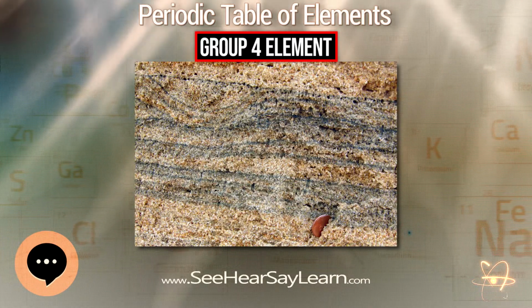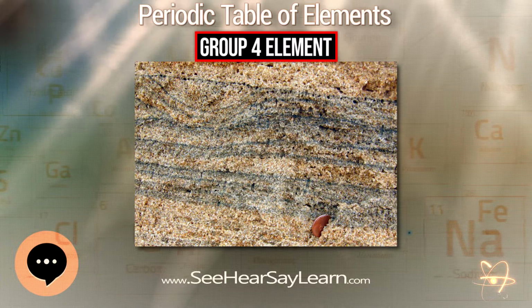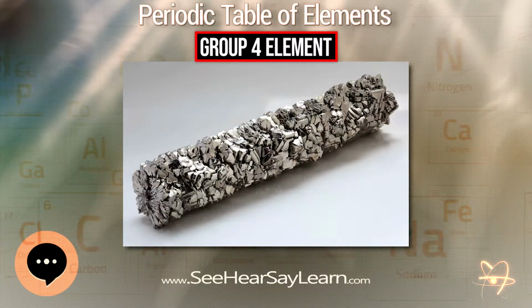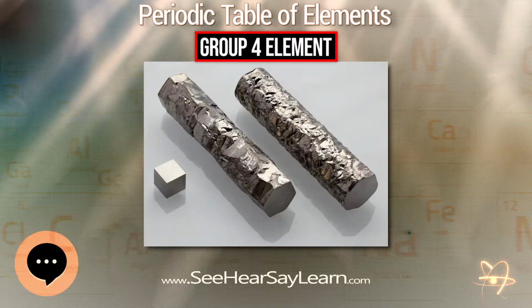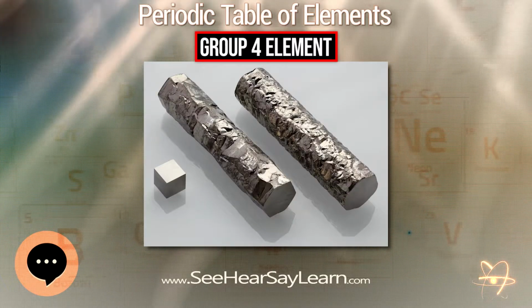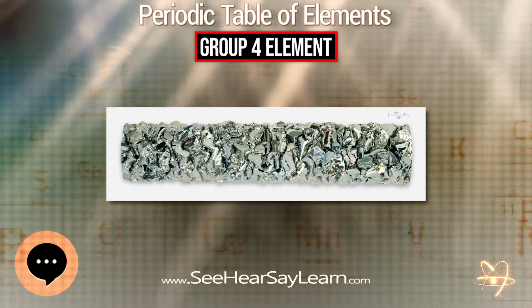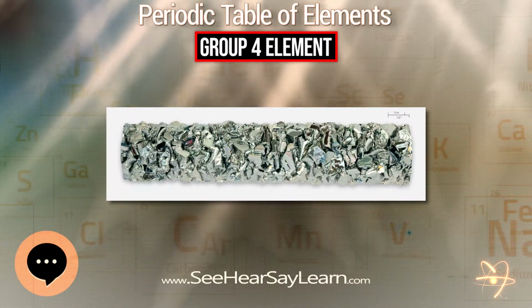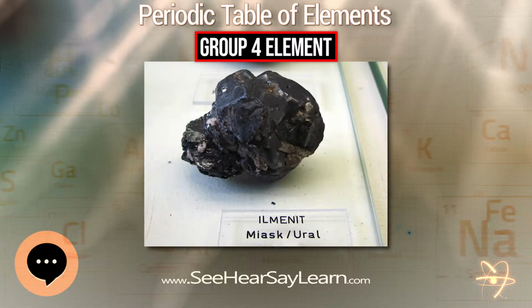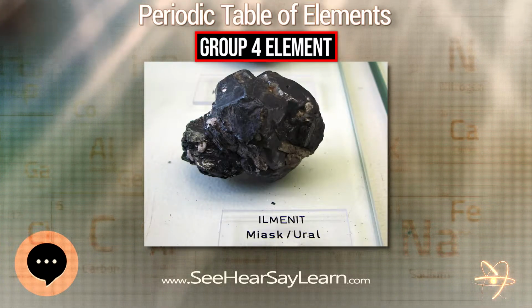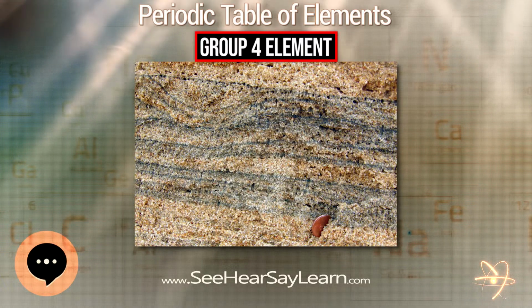The three Group 4 elements that occur naturally are titanium, zirconium, and hafnium. The first three members of the group share similar properties; all three are hard refractory metals under standard conditions. However, the fourth element, Rutherfordium, has been synthesized in the laboratory. None of its isotopes have been found occurring in nature. All isotopes of Rutherfordium are radioactive.